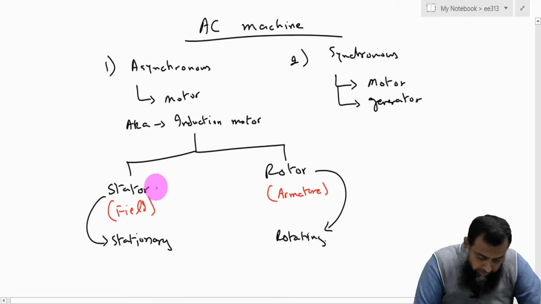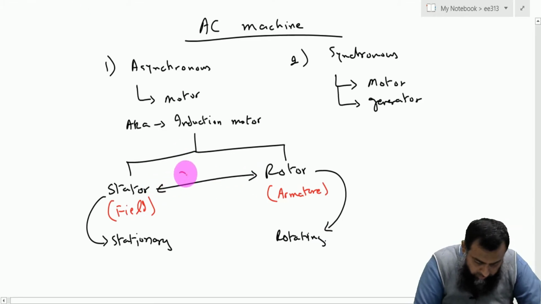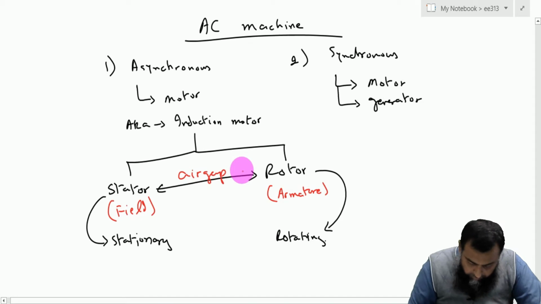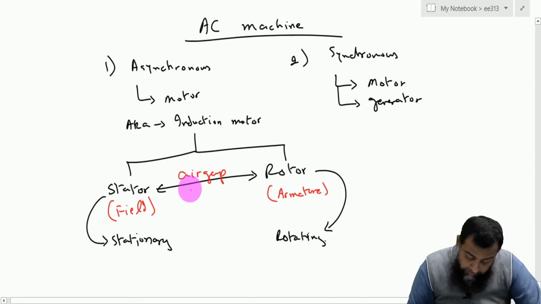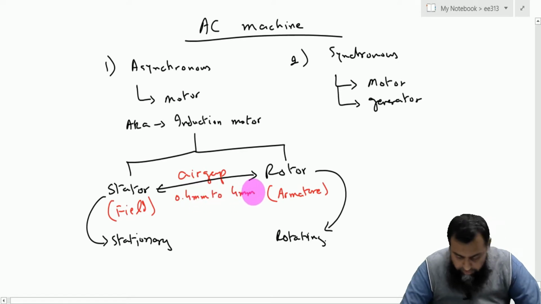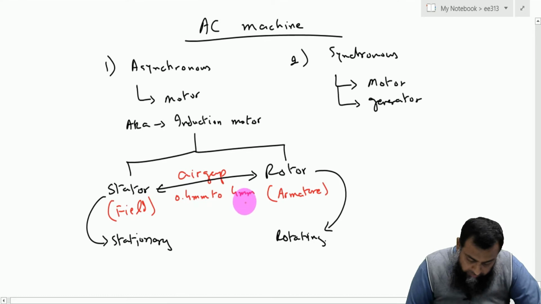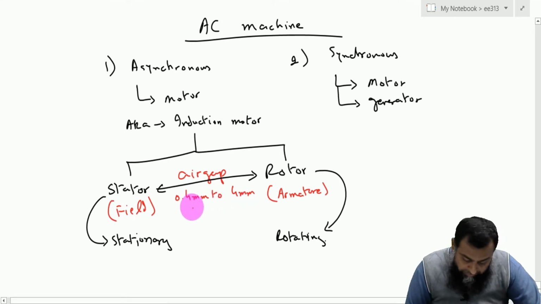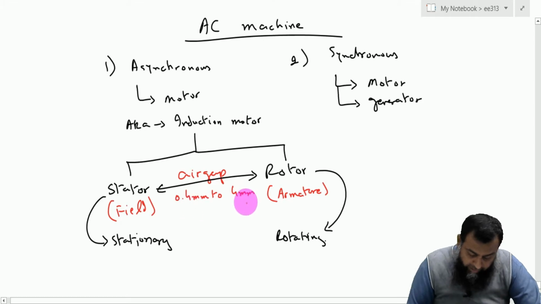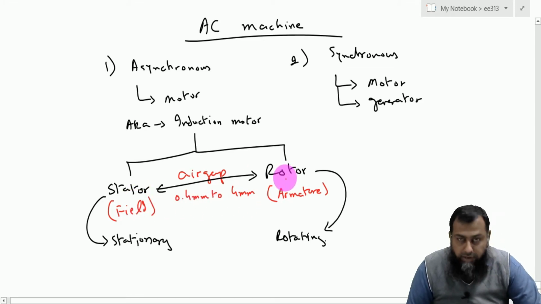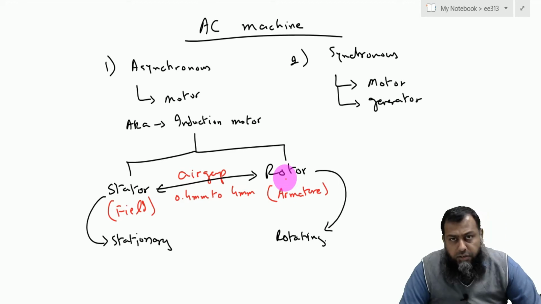The stator and the rotor both have a connection through the air gap which is present between the rotor and the stator, and usually this air gap is from 0.4 millimeter to 4 millimeter. For most of the machines normally used in the industry, the air gap between the stator and the rotor is between 0.4 and 4 millimeter, and specific materials are used to identify the clearance between the stator and the rotor winding. Now, the stator part of both the synchronous machine and the induction machine is exactly the same, and we will discuss these stator windings in a short while.